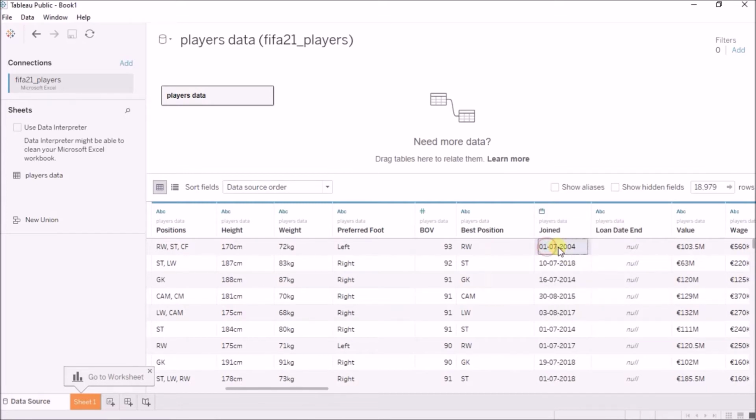This is the same thing, but now Tableau is making it a date column underneath, and we can leverage the powers of the date functions in Tableau. Now in the other date column as well, I'll just change this to a date column.